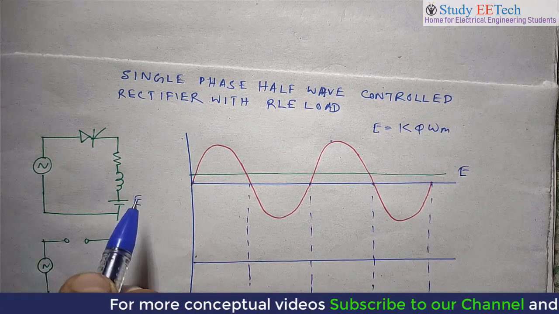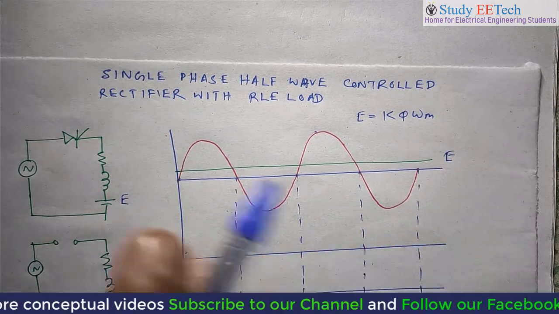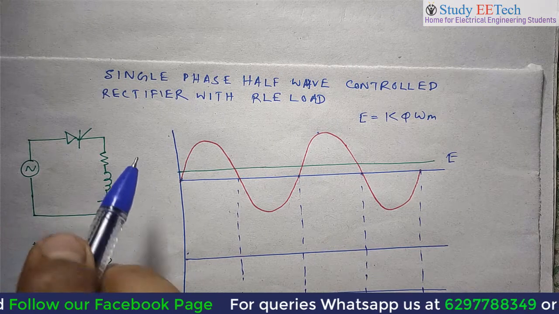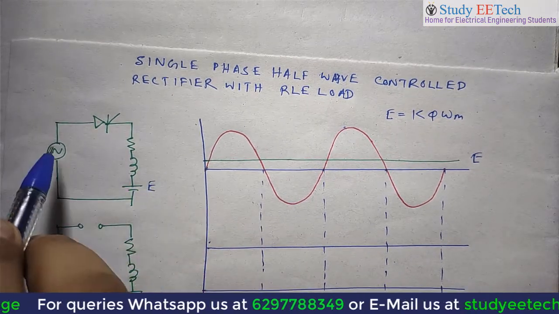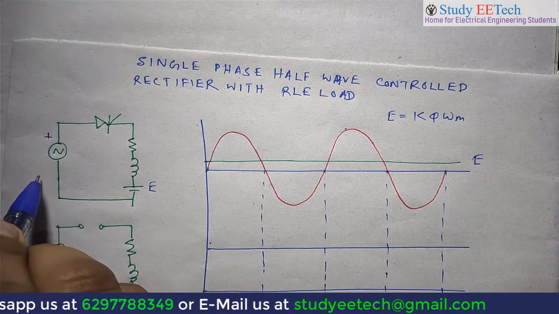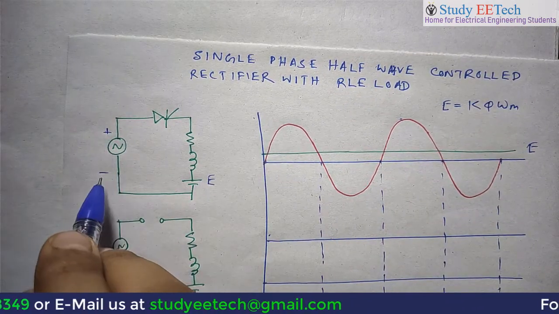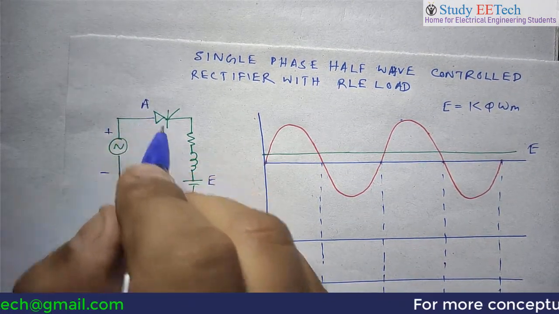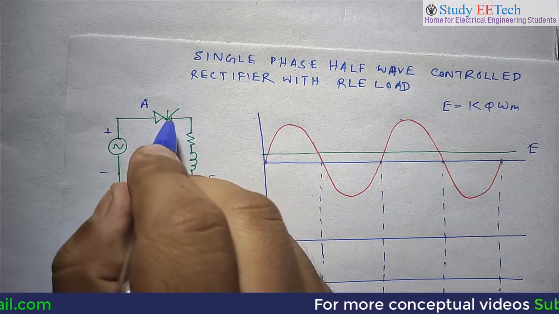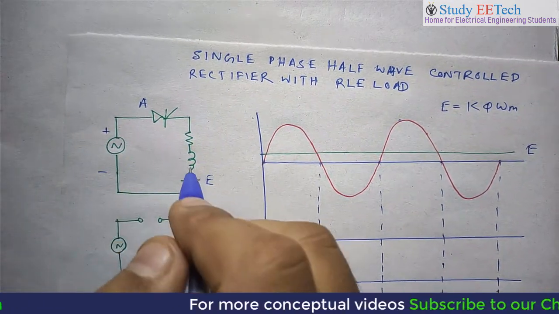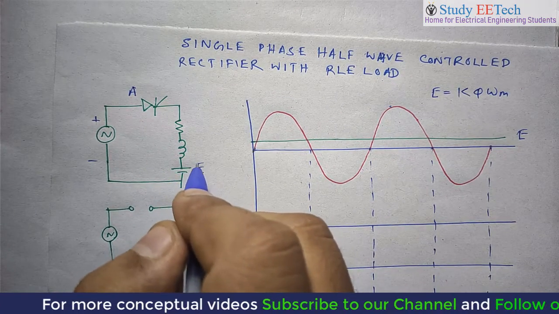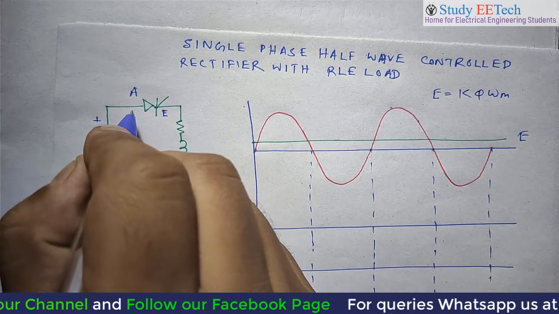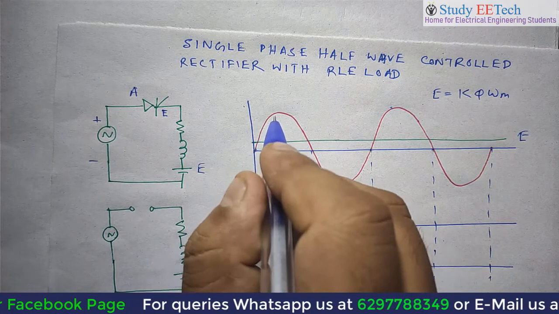Now in the previous video, I am always referring to the previous video, because if you watch the videos sequentially, it will be better to understand the whole thing. In the previous video we showed that whenever the positive half cycle appears, meaning this terminal is positive and this terminal is negative, the anode terminal of the thyristor becomes positive and the cathode terminal of the thyristor becomes negative. But here the scenario is a little bit different, because the back EMF's positive voltage E is appearing across this cathode, and that positive voltage is gradually increasing.